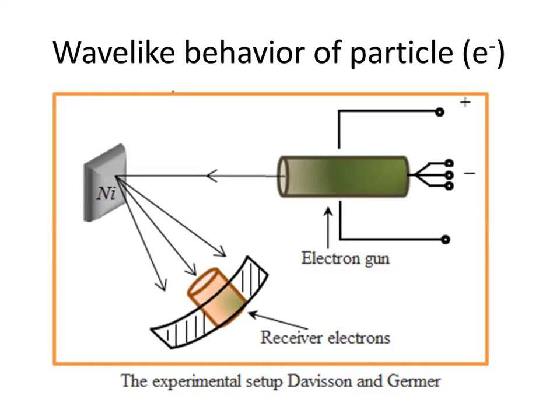So if you apply more voltage, that means the electrons are being injected from the electron gun, and where does the applied voltage go? It is converted into the kinetic energy of the electron, because you cannot destroy or create energy, but it can be converted from one form to another. So you provided potential energy, okay,